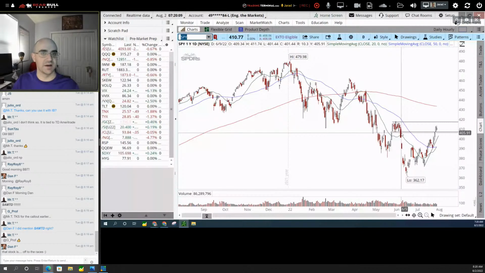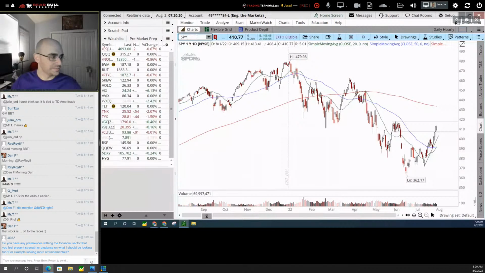Obviously, I'm not really looking at that scenario very appropriately at this point in time. We would need to see a breakdown once again and a clear rejection here before even considering it. So,